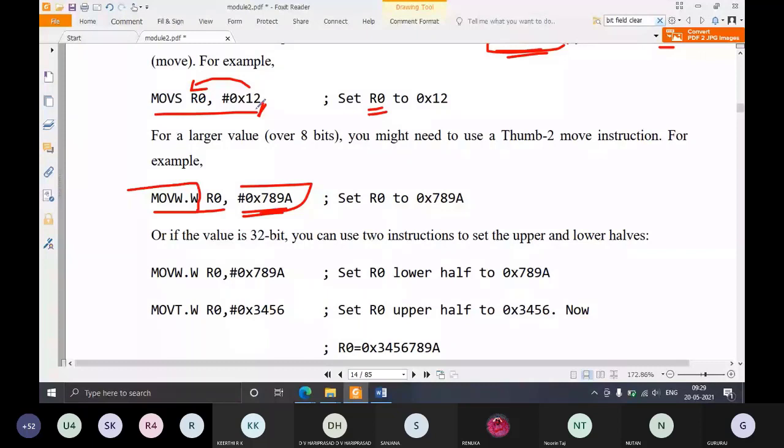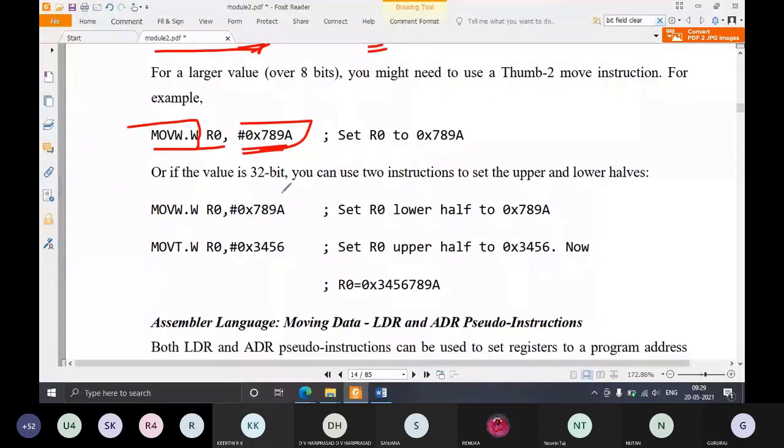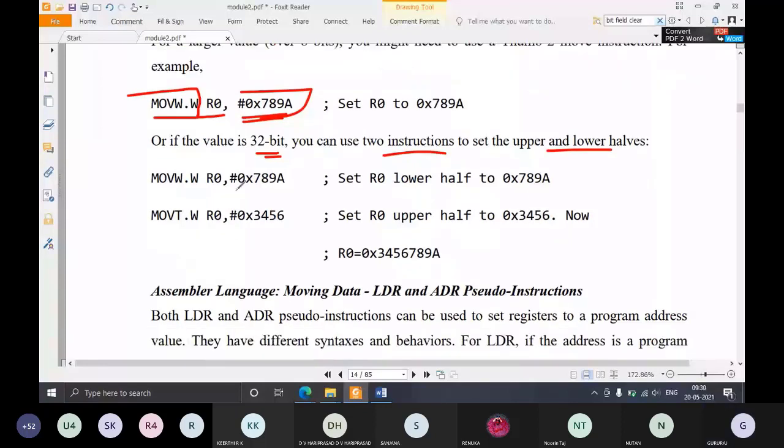Next, if you want to move 32-bit data, you can use two instructions to set the upper and lower halves. What is that? MOVW R0, #0x789A. This sets the lower half of R0 to 789A. This is the immediate data.